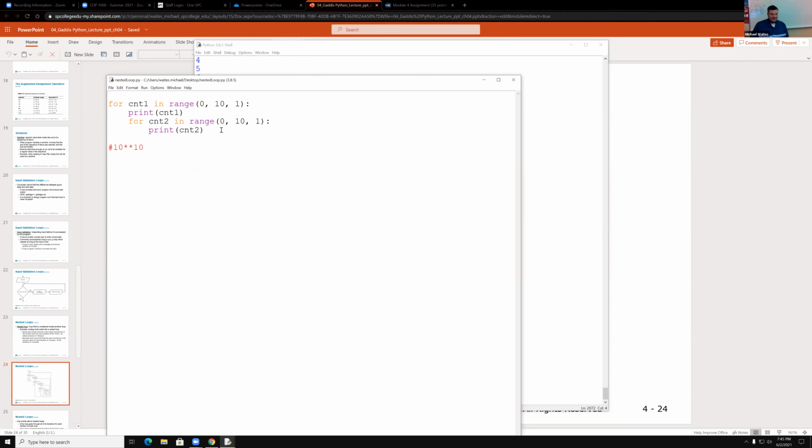Now, let's do this. Or count 3 in range. So now we have this map. 10 raised to the 10th power, and that result is then raised again to the 10th power. You see how that's why that big O notation is every time you add another for loop, you exponentially make